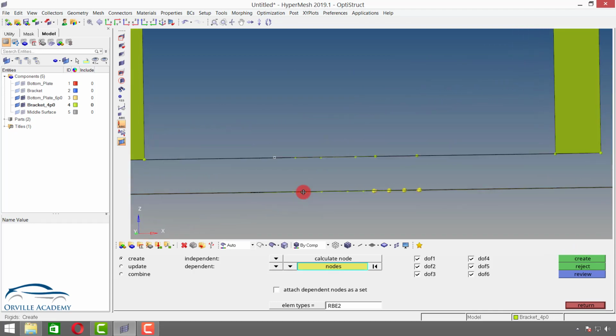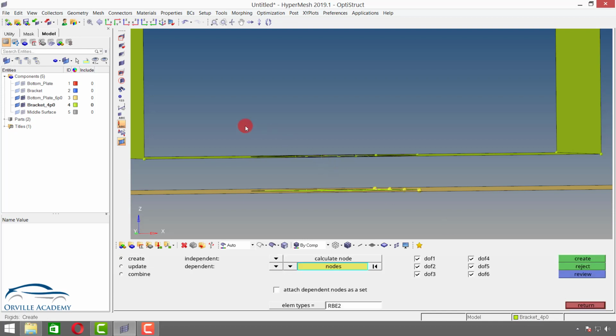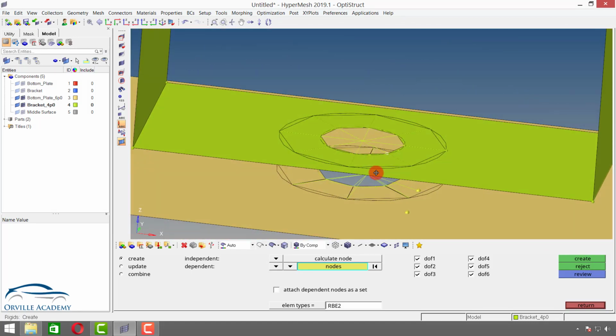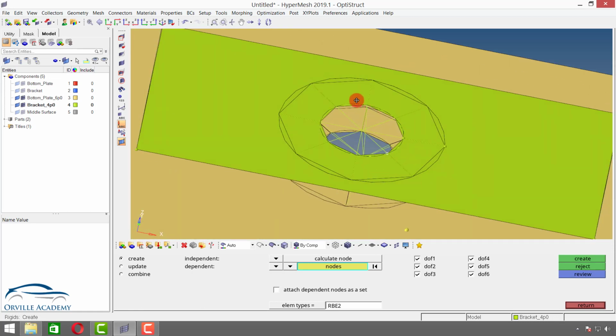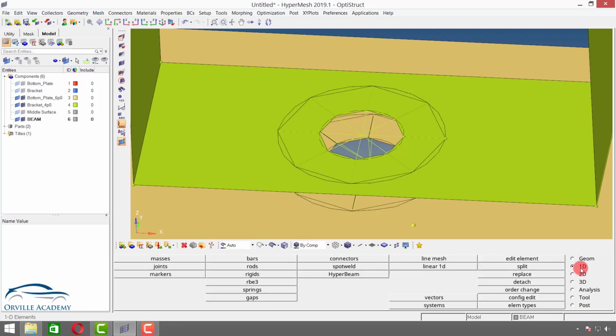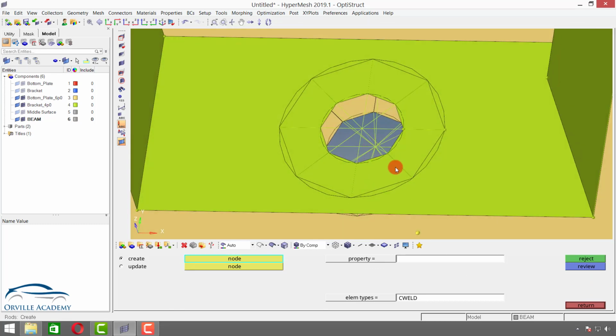Now in a similar fashion, let me switch to another component collector, or we can keep that as it is, and then select these nodes and then say create. Now you can see two rigids have been created, and if I try to create a beam between these two rigids, let's say create a component collector first, say beam. Currently I will not give the property, say create and edit, and if I go for 1D, let's say rods, this is my first node, this is my second node, and say create.